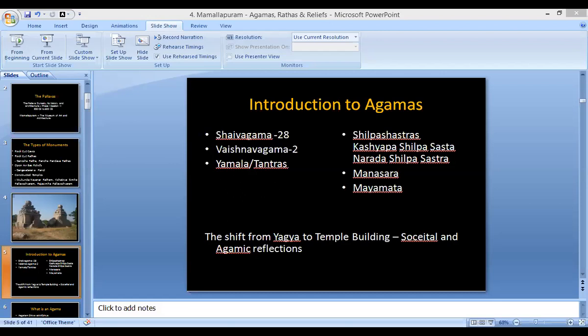as Mayan has told. So probably Mayamata, or Maya as a builder for all of these celestials, or a rule giver for architecture, existed back then also. So architectural texts apart from your Agamas have been in existence in Tamil Nadu for a long time. When we see all of these temples, we will be referring to Mayamata, Manasara, Kashyapa, etc. very often, and they form a very important link. And even later it has been in continuance.